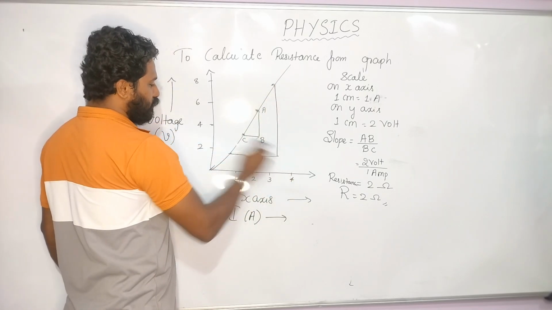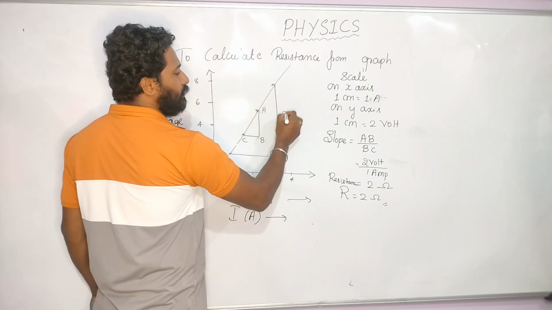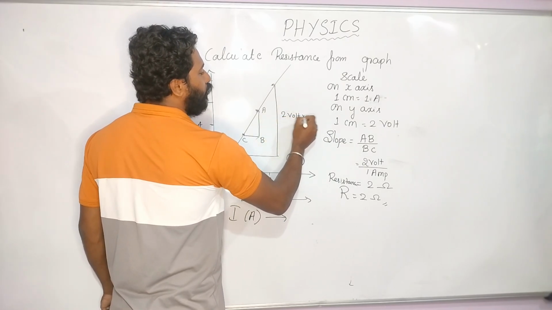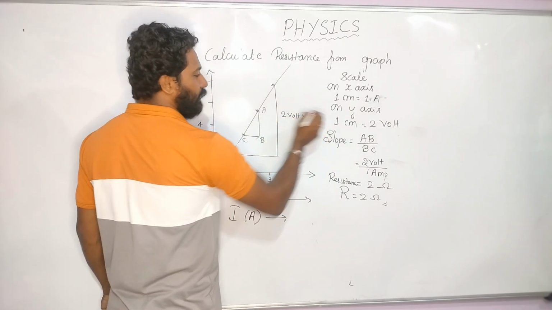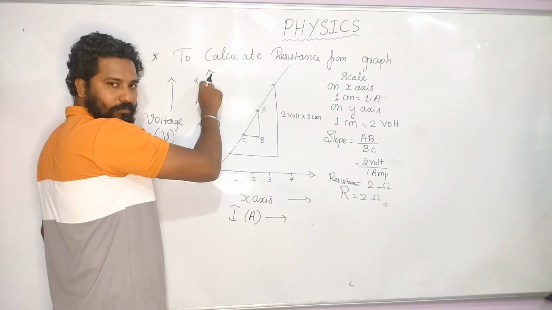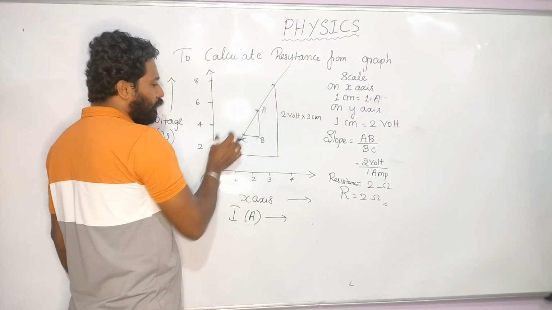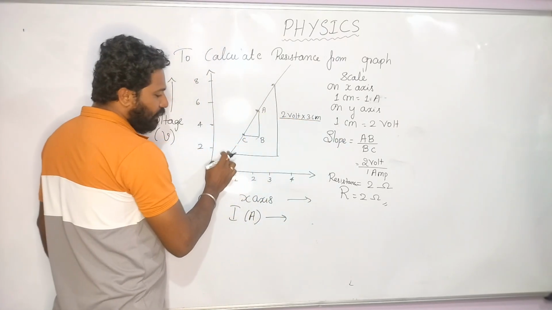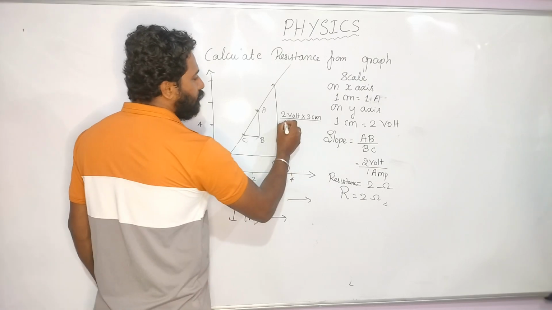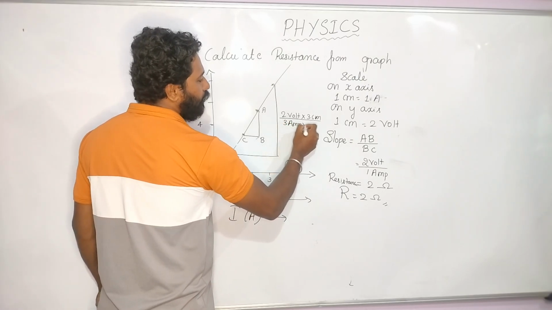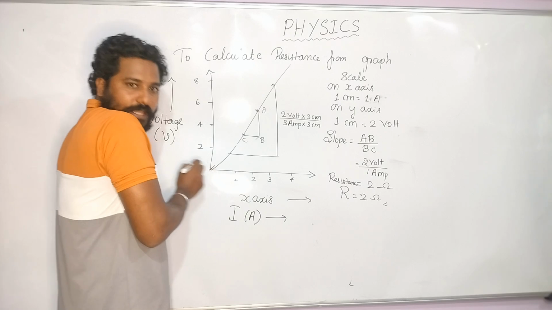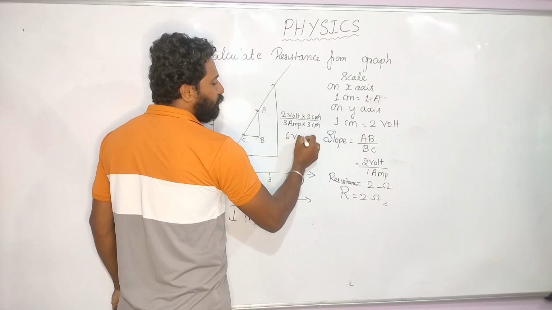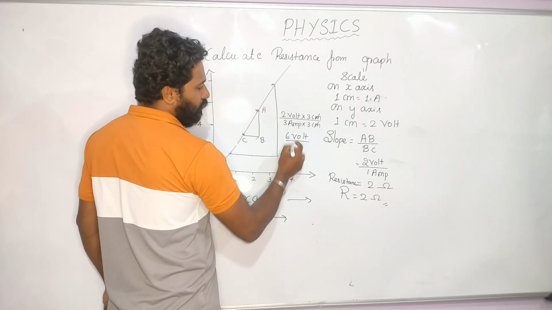Then how much is the voltage? 1, 2, 3. 3 boxes are there. 2 volt into 3 centimeter, because I have taken 1, 2, 3, each is 2 volt. So 2 volt into 3 centimeter, divided by, from here to here 1, 2, 3, 3 ampere into 3 centimeter. The centimeter cancels anyway. 2 threes are 6 volt, divided by 3 threes are,